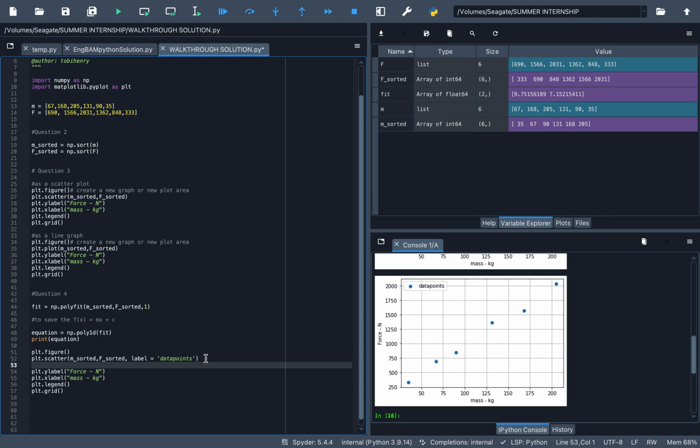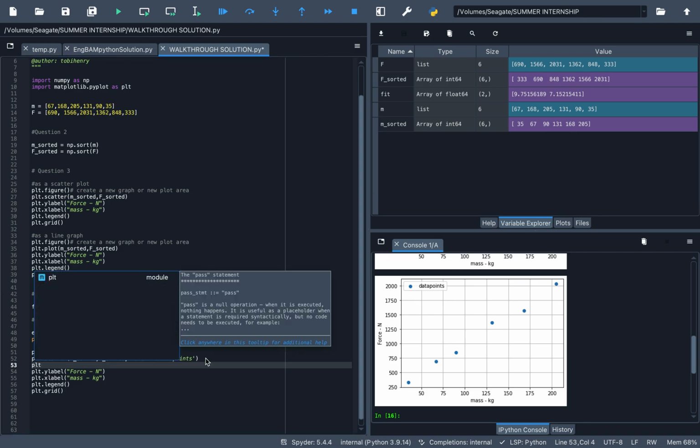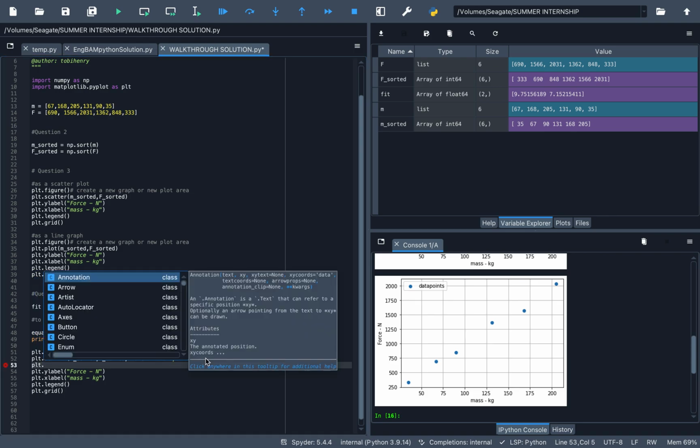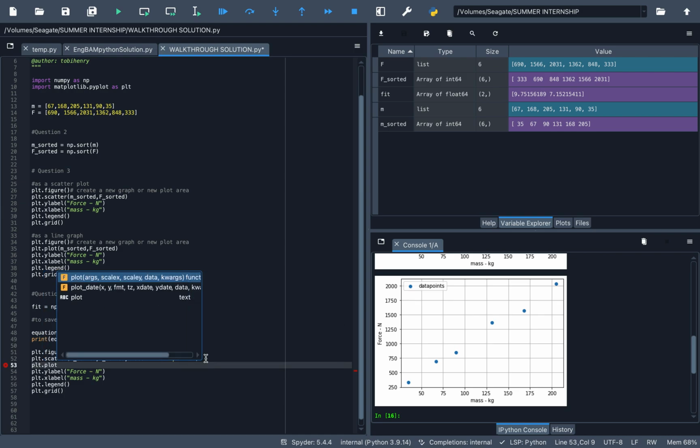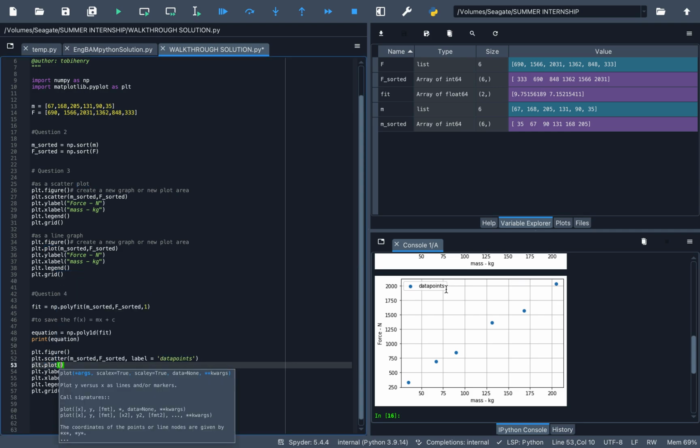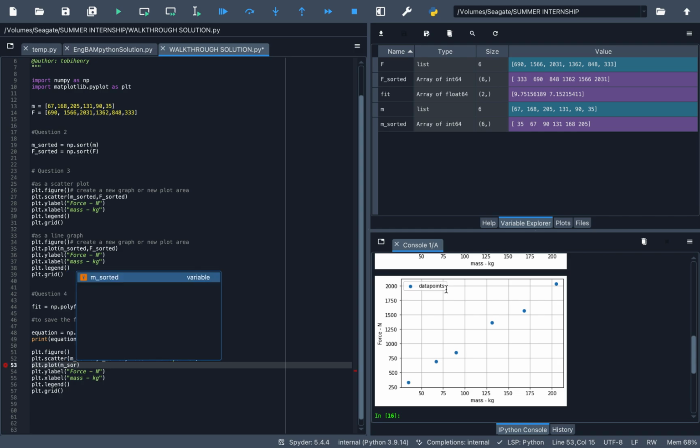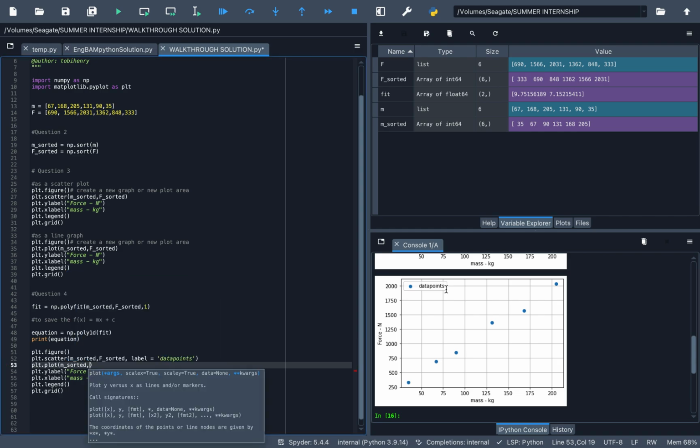data points. Now we want to plot our line of best fit, so we can use plt dot, in this case the plot function, because we don't want to plot it as data points, we want to plot it as a straight line. Inside we can put in our m sorted, which is our rearranged